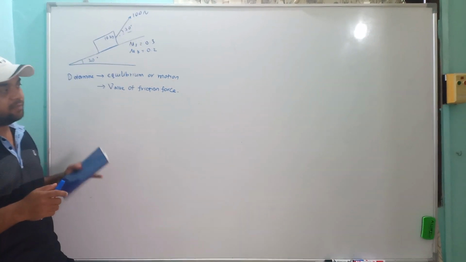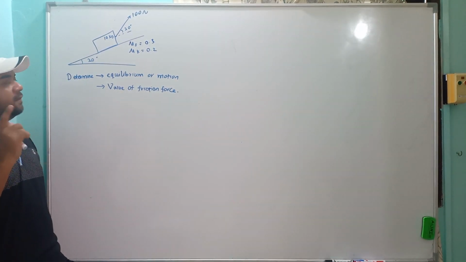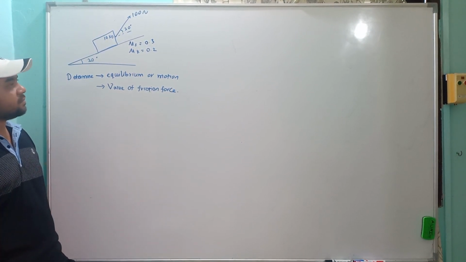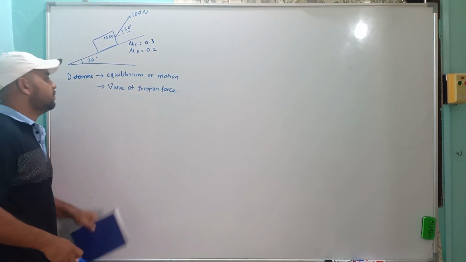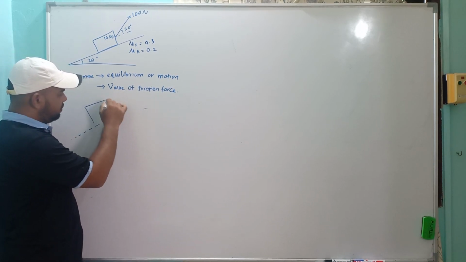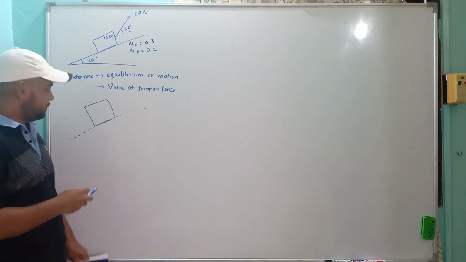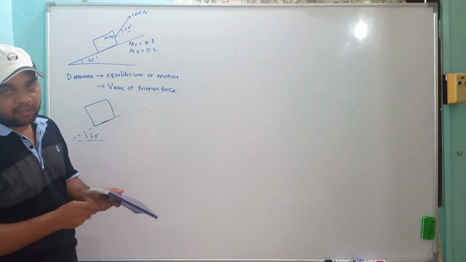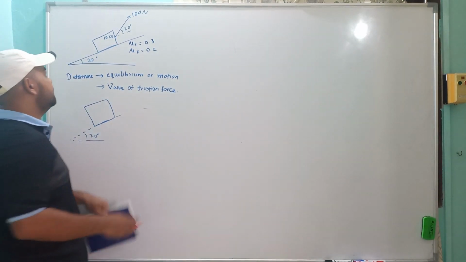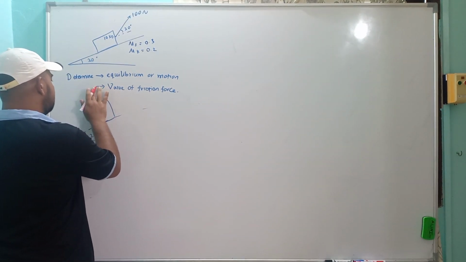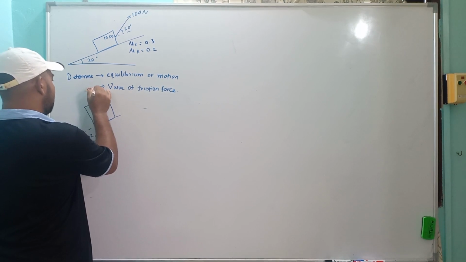The first step, we have to compare the value of friction from this figure with the maximum friction force. So first, draw the free body diagram. We have one component here, with the 20 degree slope. The component has mass, so we put first mg downward, 10 times g, so 98.1 Newton.